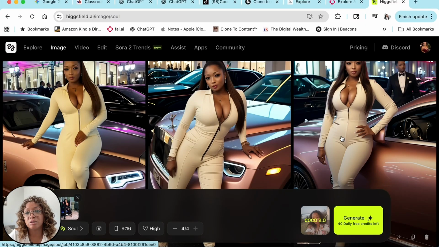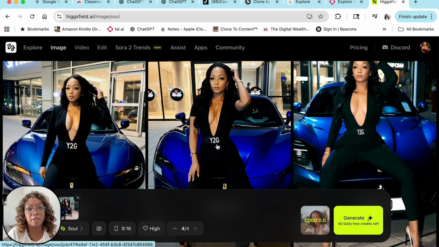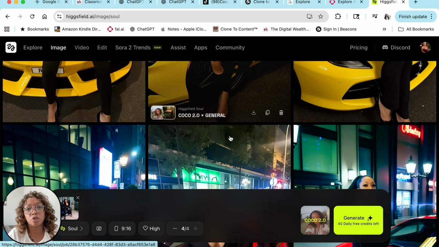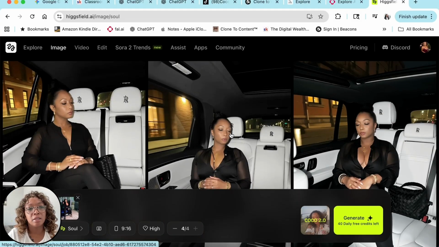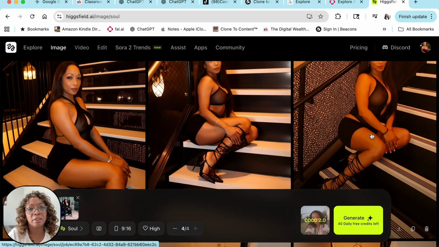See, in this one, I look a little too big. I know I'm a voluptuous woman and all, but you know what I'm saying? I didn't really like that outfit. And this was cute, but I was like, why did they give me a Y2K belt? Or, I don't know what that says, Y2G. I didn't like that, so I changed it to a Gucci belt. Sometimes you may not like the shoes, you may not like your hair, you may not like your nails, you may not like the background or whatever. With this one, I actually had an Instagram photo that I was using, but it made my eyes closed. It looks like I'm sleeping, you know what I'm saying? And I just gave up on that one.